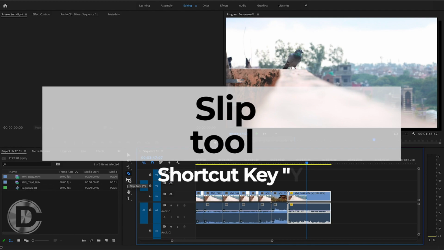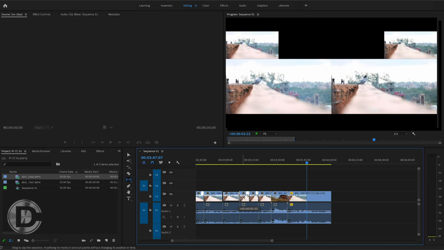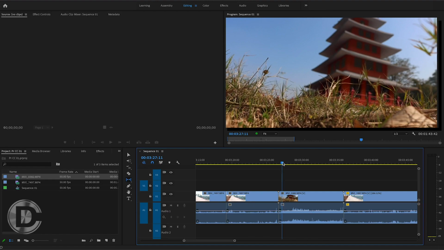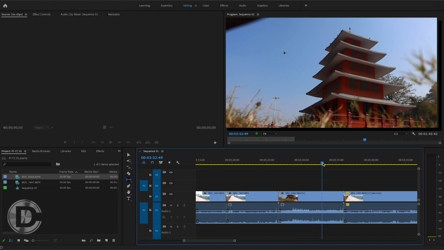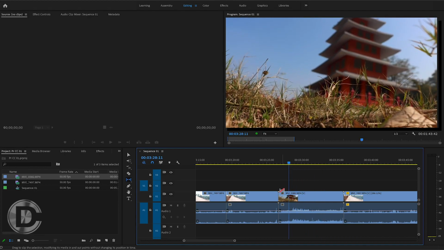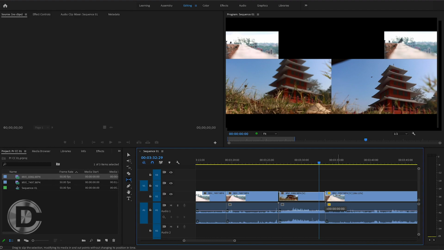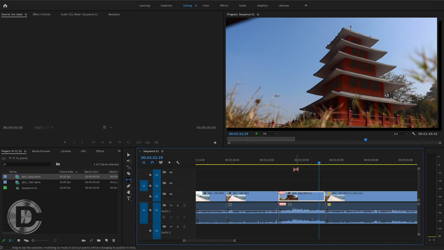Our next tool is the slip tool. You can use shortcut Y for the same. With the help of this tool, you can move a clip's in and out portion. Many times it happens that we have to change the in or out portion of the clip. Like in this clip, I just want to trim this part from the clip. It's too tricky for me to use the razor tool and then move my clip. So you can simply use the slip tool for that. It will adjust your clip's in and out. So here with the help of this tool, if I drag my clip, you can also see in the preview that our in and out portions are also dragging, and our timeline stays the same.